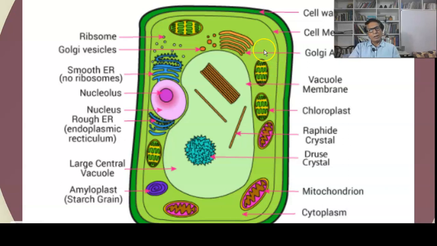And this is the cytoplasm. Cytoplasm is the jelly-like substance present between the cell wall and nucleus. And the nucleus is covered with the nuclear membrane. The next part is the Golgi apparatus. It is also called the Golgi bodies. Golgi bodies are also the Golgi apparatus.